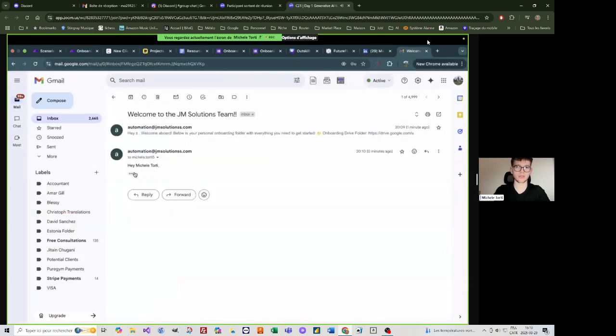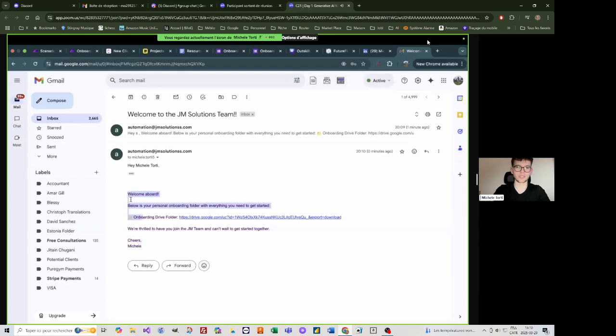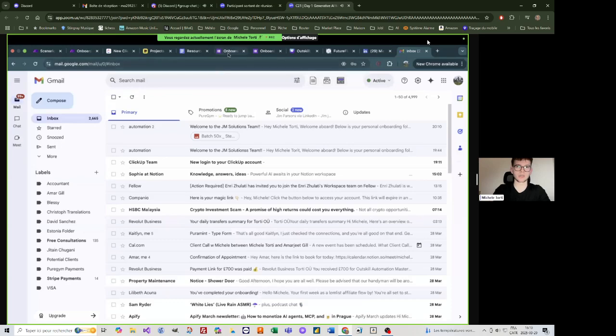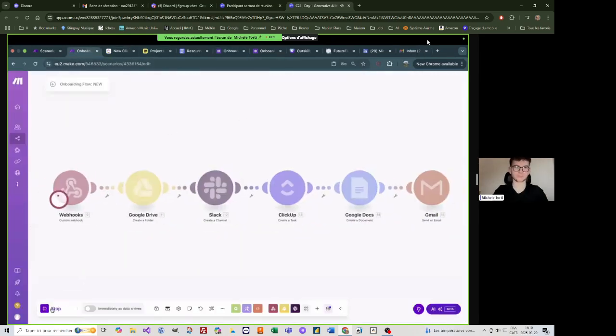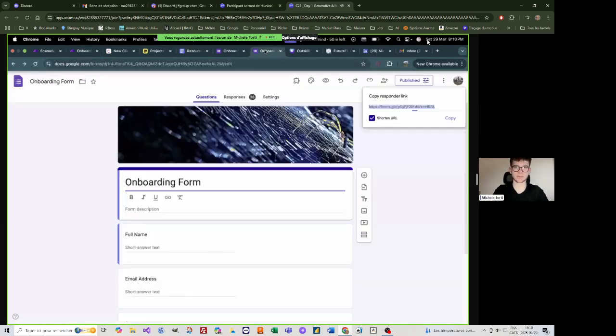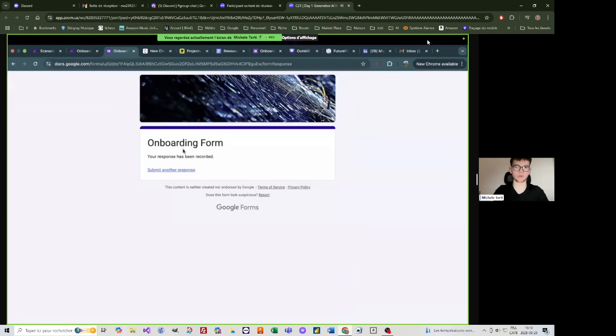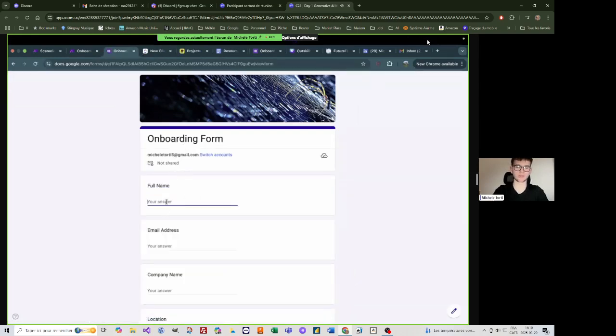I go here, then you can see that there are spaces right here. Okay. Let me go to the onboarding flow and let me test this from start to end. I'm gonna start this. I'm gonna type the onboarding folder for the onboarding form, and then I'm gonna start doing